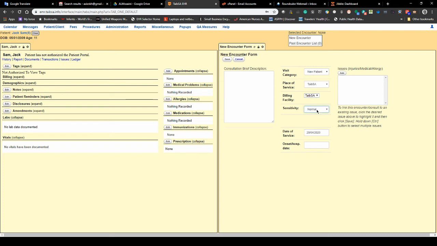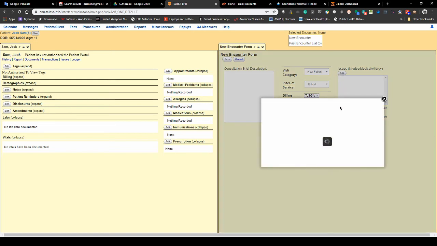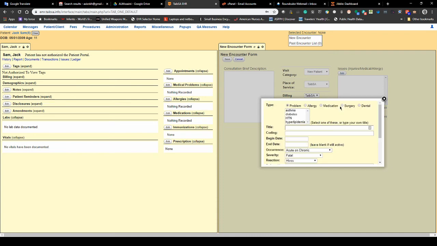So that's for the type of sensitivity here, normal. We only have normal right now because the sensitive one will be hidden from others. And then allergies: for other additional information, you could record problems, allergies, and others. Let's create this allergy, and you could put the severity and other information about it. Go to the bottom and save. Immediately it will be saved. You could close this window,